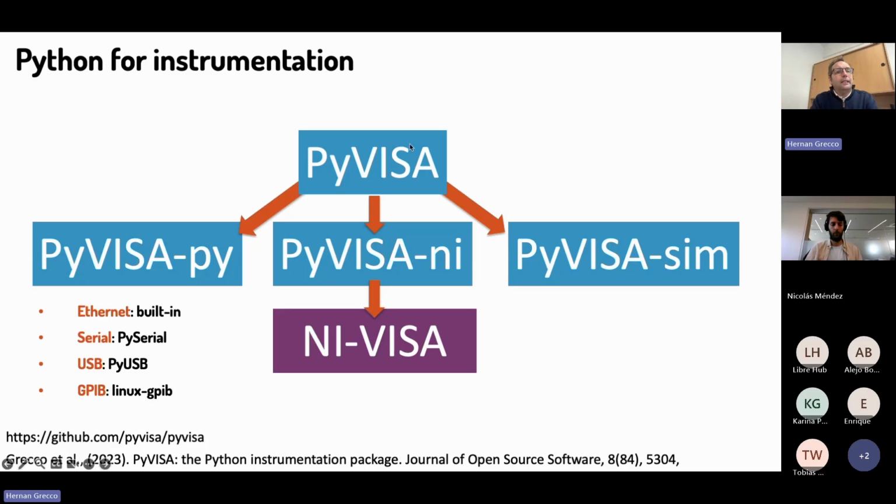This is the front end, and it contains a main backend, which is this PyVisa NI, which talks to the C library, and then it contains another backend, which is a pure Python version of this backend. This is very useful for hardware in which this hardware library is not available. And I also created a simulation library.